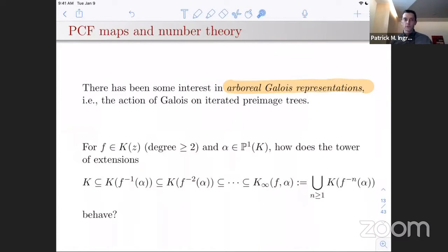And this is a very natural sort of construction. This has an Iwasawa theoretic flavor. Maybe if alpha is 1 and F of Z is Z to the P, that is exactly the construction there. But anyway, this is a general construction you can do, and you can ask all sorts of questions in the number theory context about what you can say about this tower of fields.